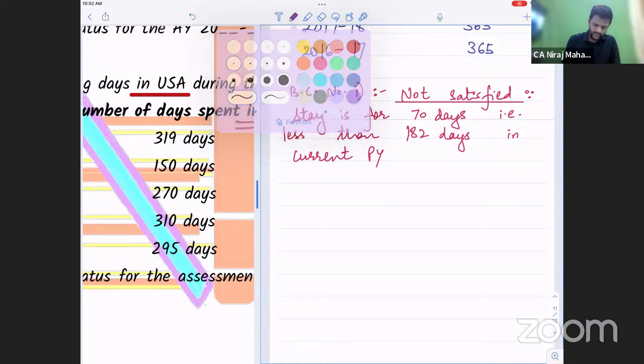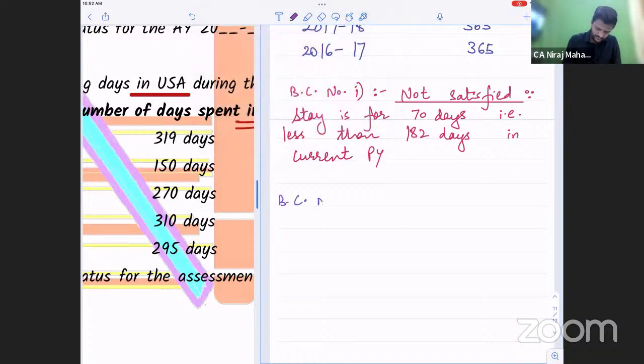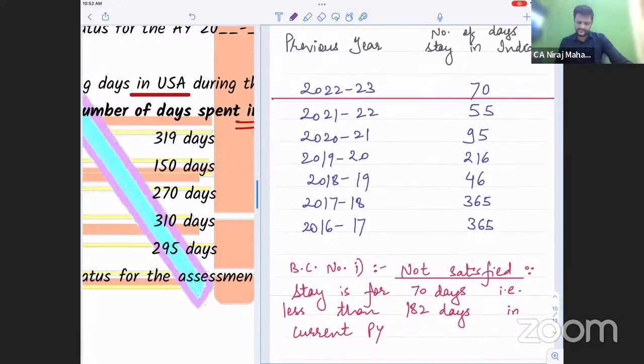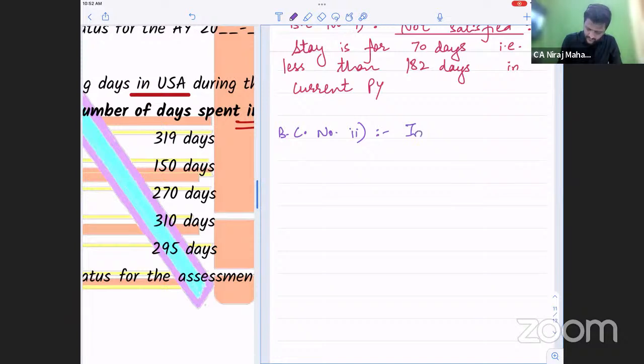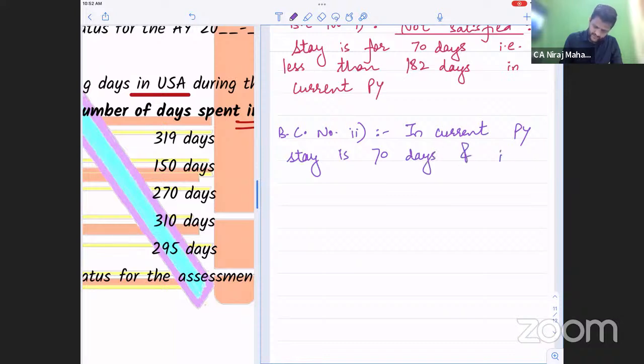Okay. However, now we check the basic condition, second part. In the current year, is it more than 60 days? Yes. And then we check for the last 4 years. Yes or no? We want more than 365 days. In current PY stay is 70 days and in last 4 years